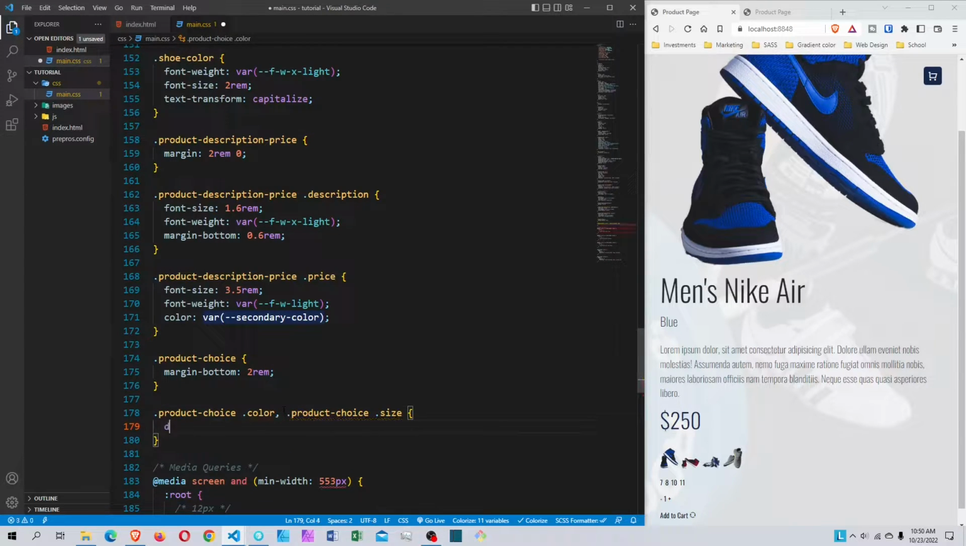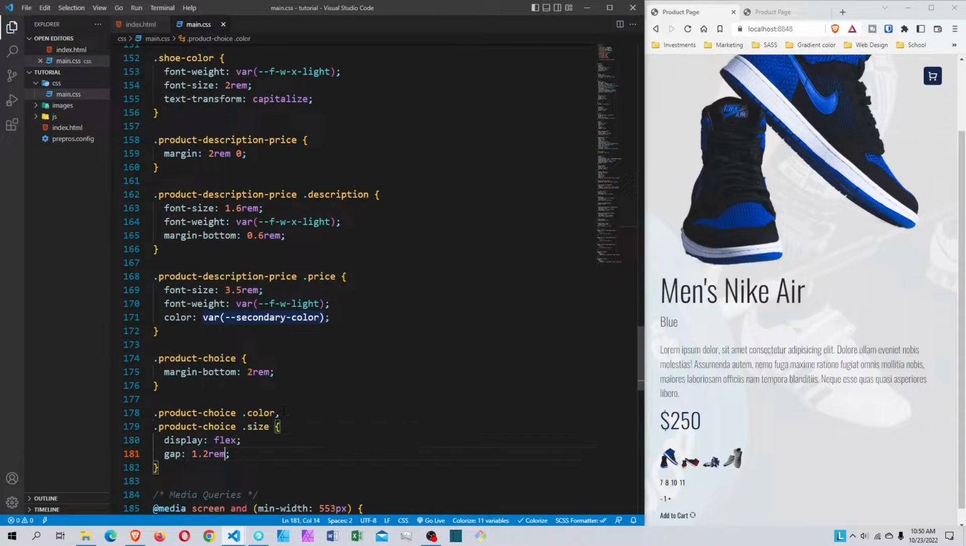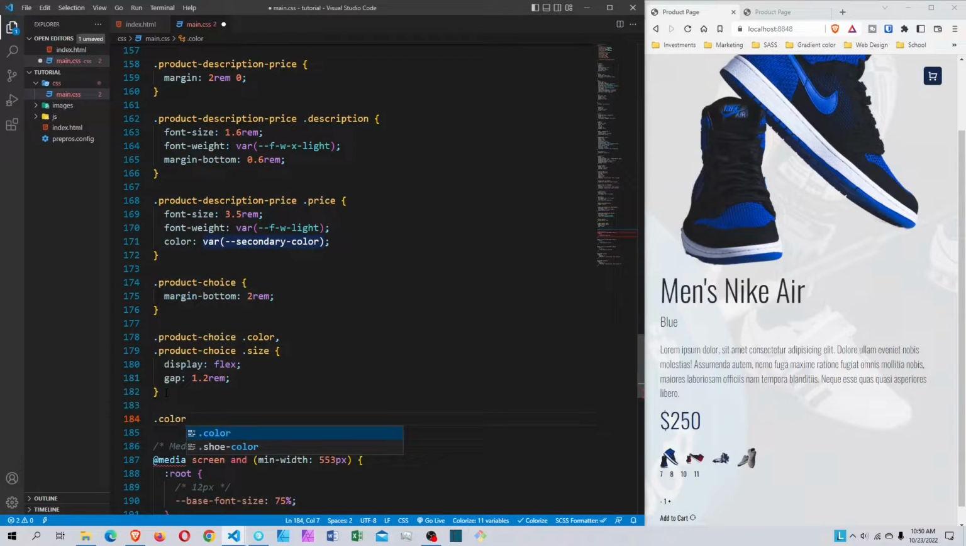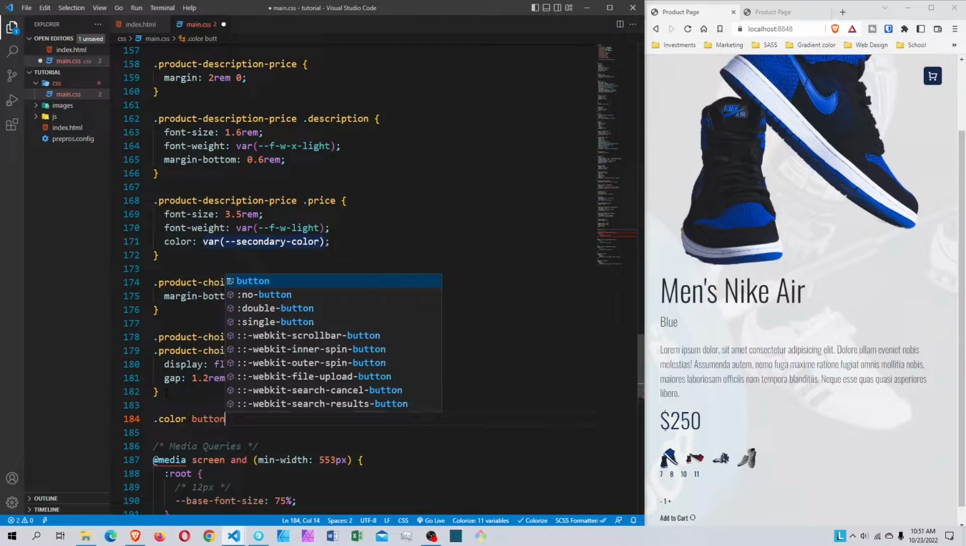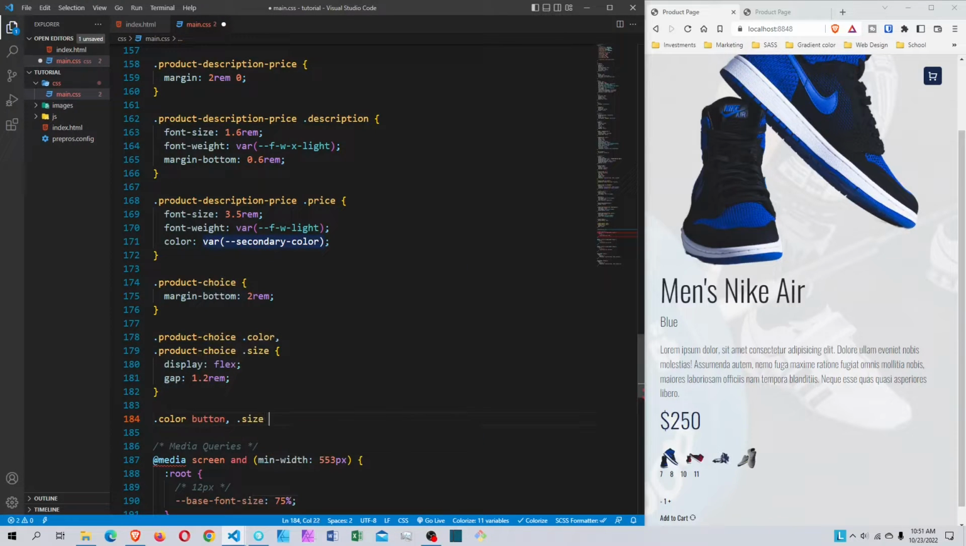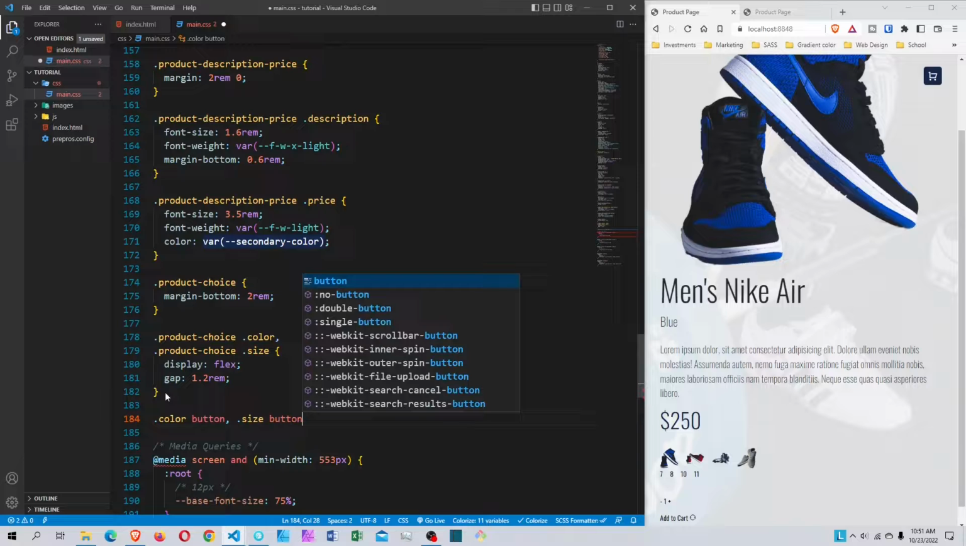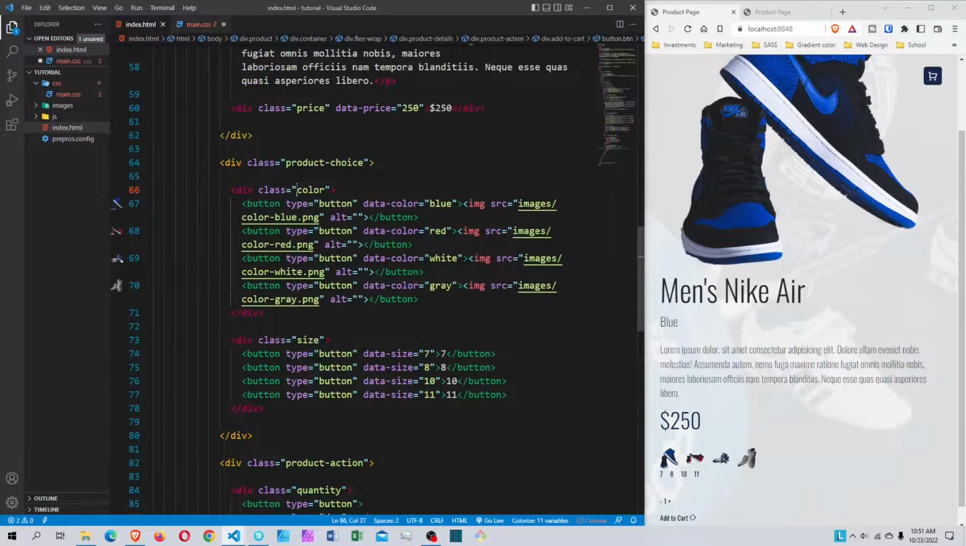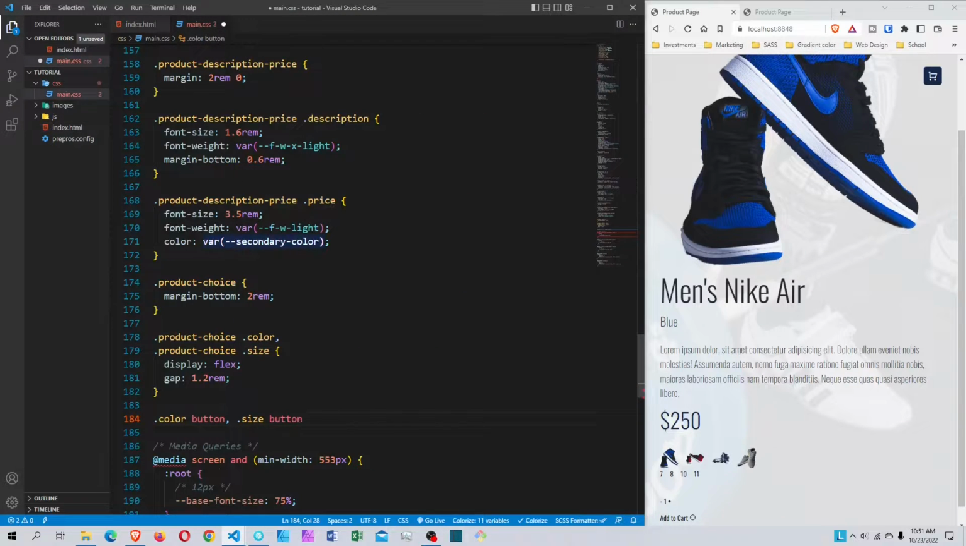We display to be flex, put a gap in 1.2 rem, save it. You get this. Now say color button and size button. Because these ones are sitting, I can see color and you got a button element sitting inside of them. So with that,